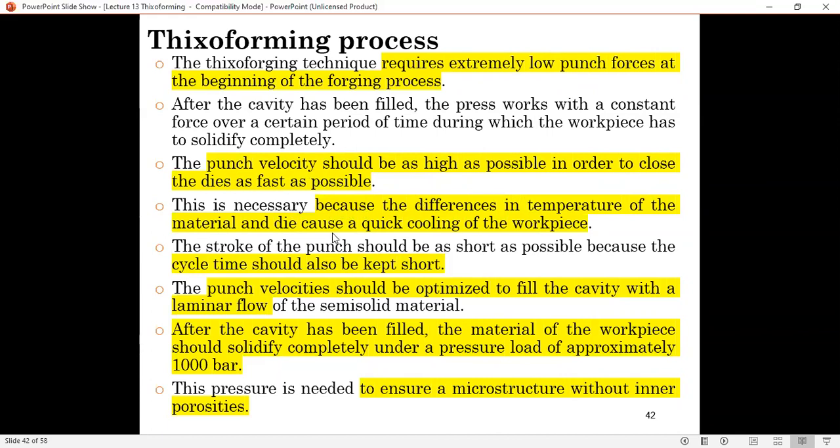Because the difference in temperature between the material and the die causes quick cooling of the workpiece. So you have to do it fast, because when the material is in contact with the mold die, heat transfer happens rapidly. You don't want it to cool too fast, because if it cools too fast, the viscosity will go up. That's one of the reasons. The other reason is that you want to keep the cycle time short for productivity. But you have to make sure that when you